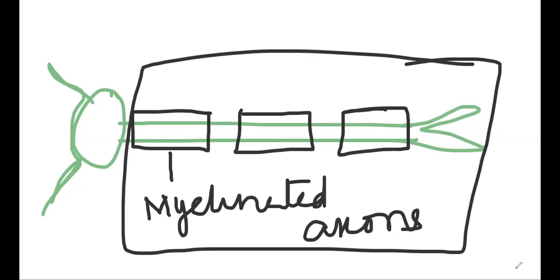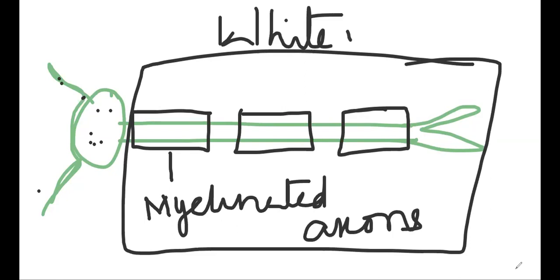Here also we'll find Nissl bodies, that you have to remember. If I say the white matter of the brain or white matter of the spinal cord, what do we need to understand for all of them? That myelin sheath is present. That means myelinated axons are present. So keep this in mind.